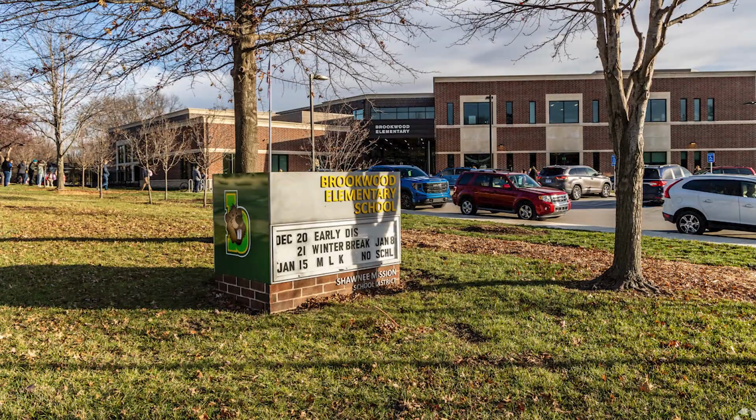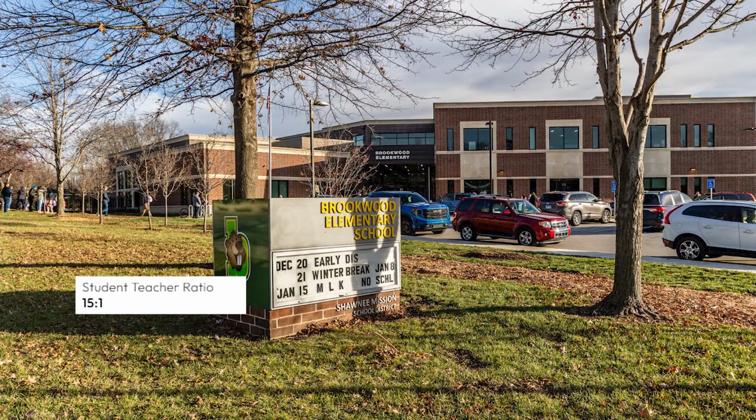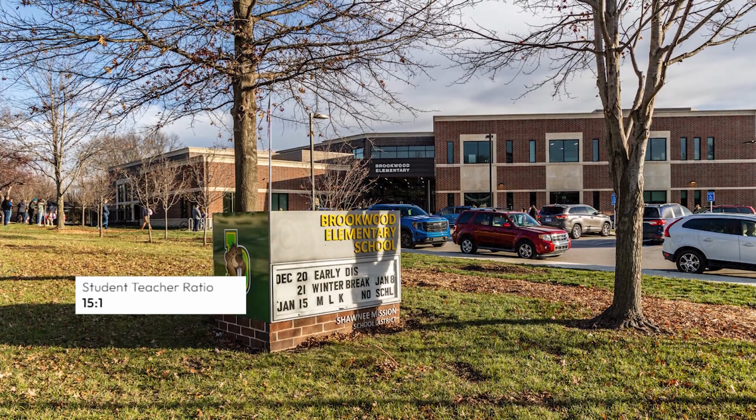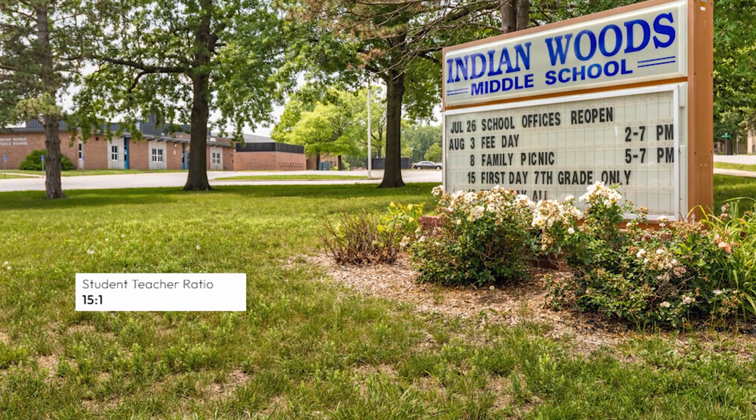Now, the neighborhoods in northern Leawood feed into the Shawnee Mission School District. It includes the Brookwood Elementary School, serving grades kindergarten through 6 with 406 students, a 15-to-1 student-teacher ratio, and it's rated A by niche.com. You have the Indian Woods Middle School with 156 students, a 15-to-1 student-teacher ratio with an